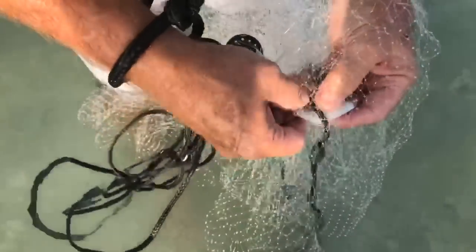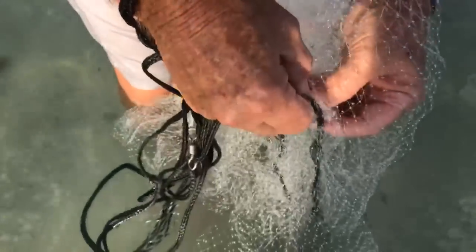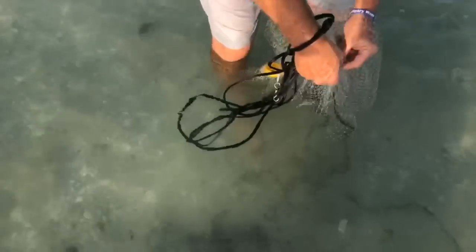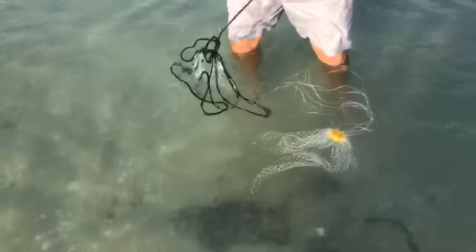And that's a greenback? Yeah, this is a greenback. When I throw it, it might come off again. But yeah,